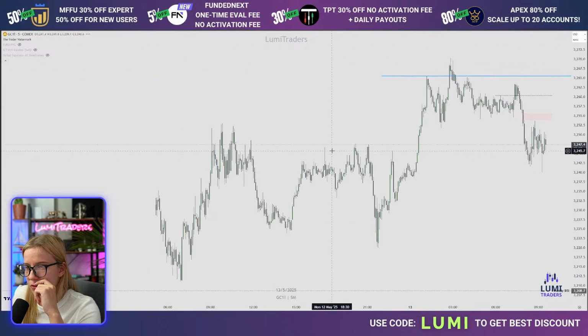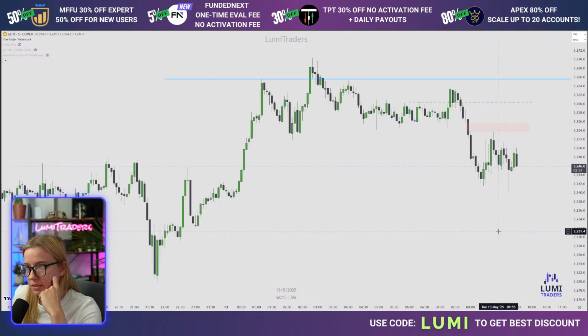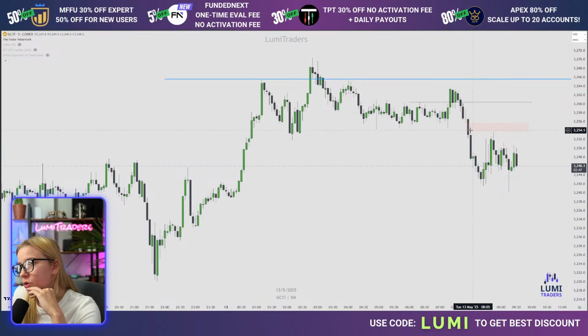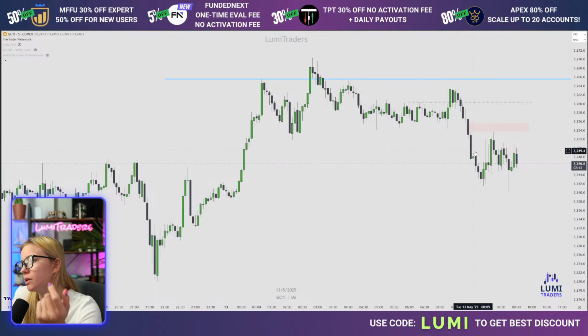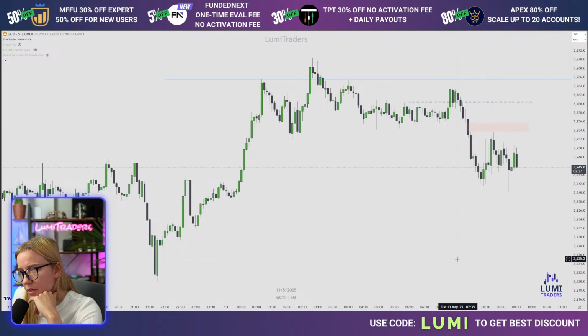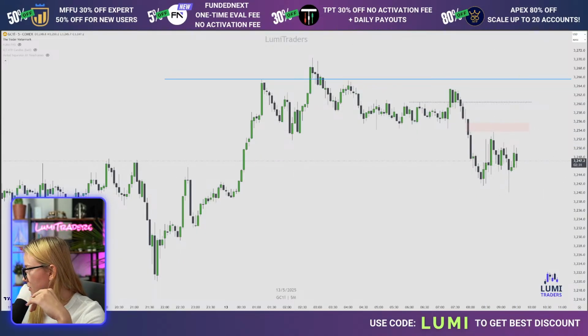Honestly, it's extremely annoying because we have a weekly fair value gap, which is also equal lows. It's extremely annoying why it's trying to play games so far. And I will look for the 5-minute fair value gap, how we can hold this fair value gap, because we got first sweep, we got early sweep. So if it wants to retrace back to this fair value gap and hold it, it should drop. So it's going to be a solid market maker sell model. That's my opinion about this.